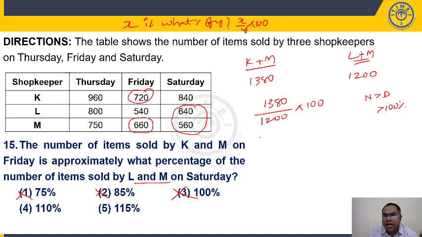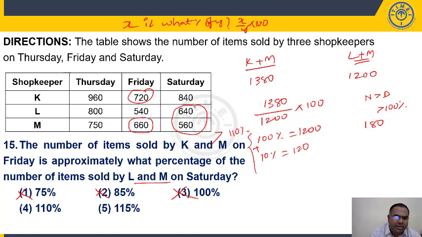More than 100. How much is 100%? The base 1200. I need how much? We need 1380. 1380 means we need another 180. How much is 10%? 120. So obviously 10% is 120. I need 180. So my answer should be more than this, right? So more than these two add together is 110. So obviously it should be more than 110%. So it is not 110 also. So answer has to be 115. If you want to solve, what is 5%? Half of the 60. So if you add this, you get 1380. This is nothing but 115%.